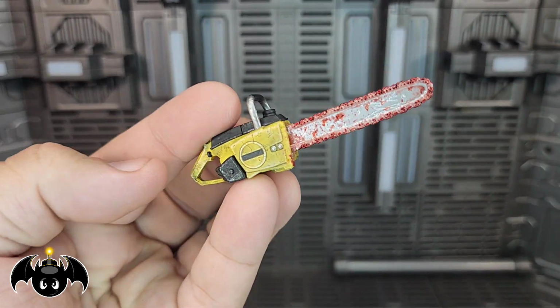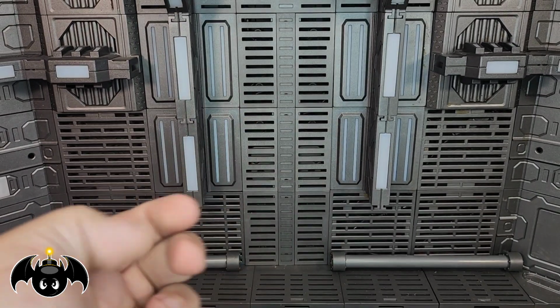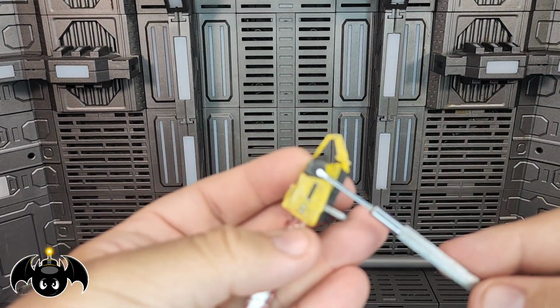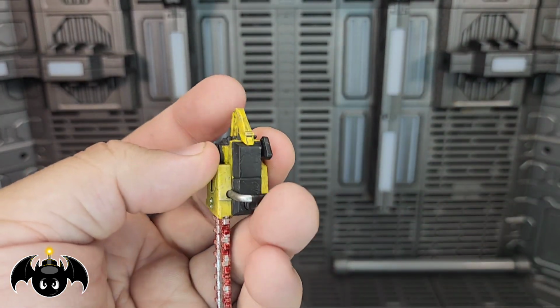That is because this thing does have a sound feature, and you'll see the little speaker on that side. So there's a tiny little button right there. If you can see that, that's a little button, so you can push that,